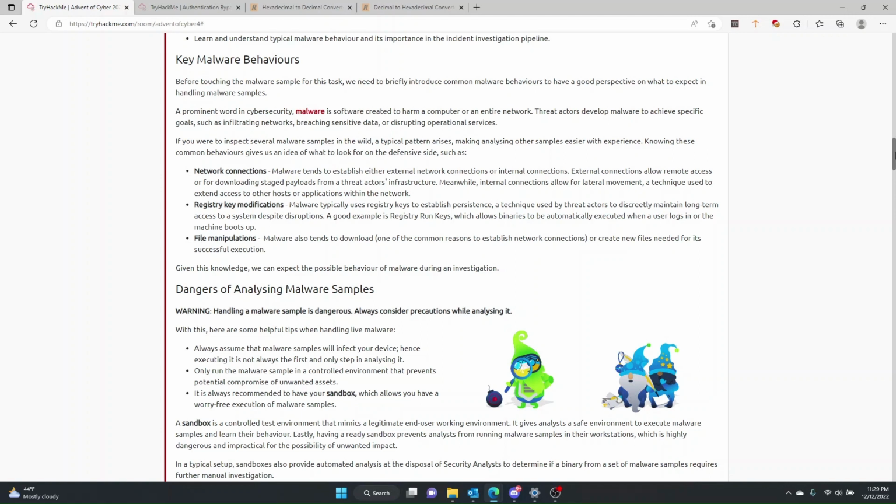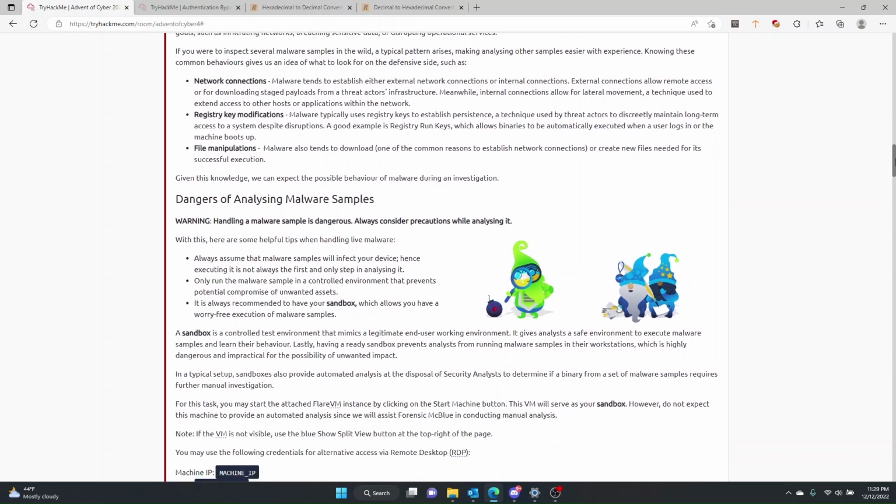A prominent word in cybersecurity, malware is software created to harm a computer or an entire network. Threat actors develop malware to achieve specific goals, such as infiltrating networks, breaching sensitive data, or disrupting operational services. If you were to inspect several malware samples in the wild, a typical pattern arises, making analyzing other samples easier with experience. Knowing these common behaviors gives us an idea of what to look for on the defensive side, such as